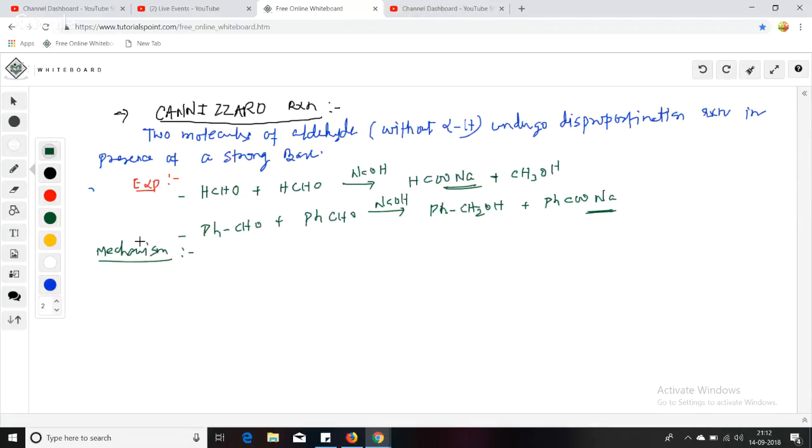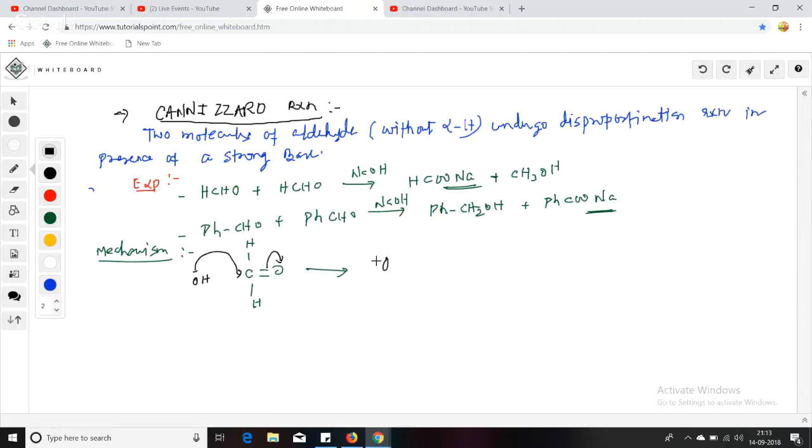We can discuss the mechanism in two different ways. Suppose we have HCHO first, C double bond O, H and H, HCHO. Now in basic medium, OH minus. So we know this carbon has some positive charge because of the polarity of this bond. This pi bond goes here, so we'll get